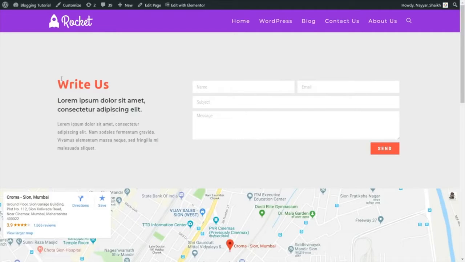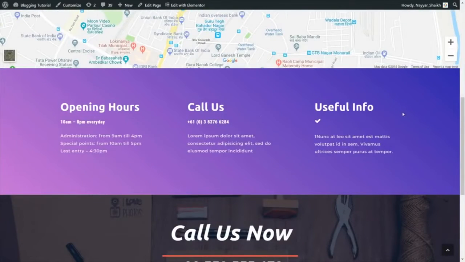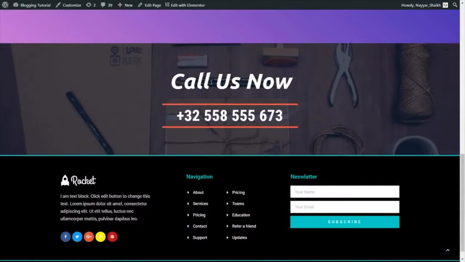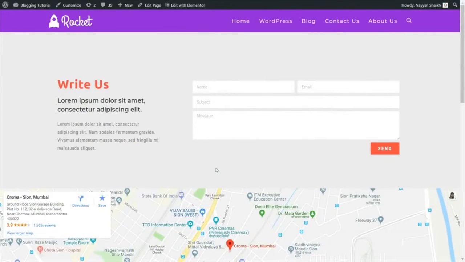Now this is our contact us page, very simple but very nice. We have some text over here, then we have the contact form. Then after that we have the map and we have the markers set on our location. Then we have opening hours or useful information, and again at the bottom we have this section. You can change everything very easily because we'll be using Elementor, so that it will simplify our job